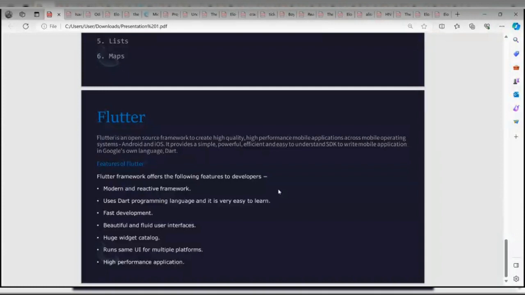And so many other things you see in a mobile application, colors, text, these are widgets. Everything you see is a widget. The combination of these will help build a good user interface. So we have a huge widget catalog.